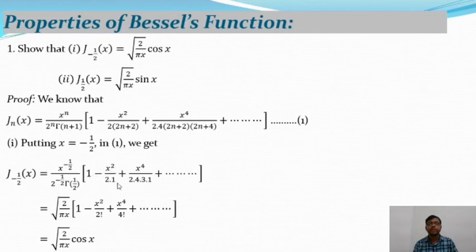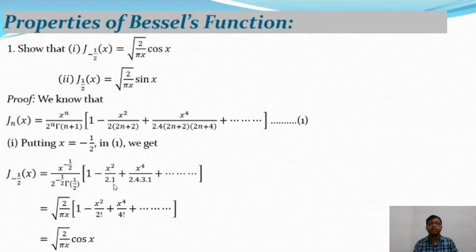into 1 plus x to the power 4 by 2 into 4 into 3 into 1, and up to infinity. After simplifying this equation, we'll get J of minus half of x equals: x to the power minus half is equal to 1 by root x, 2 to the power minus half is equal to 1 by root 2, and gamma half is equal to root pi. So after simplifying this, we'll get root over 2 by pi x into 1 minus x square